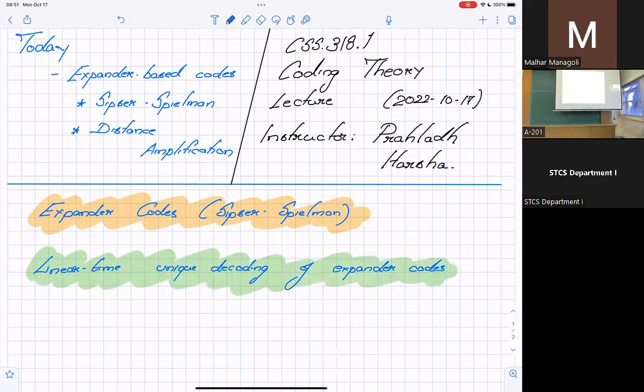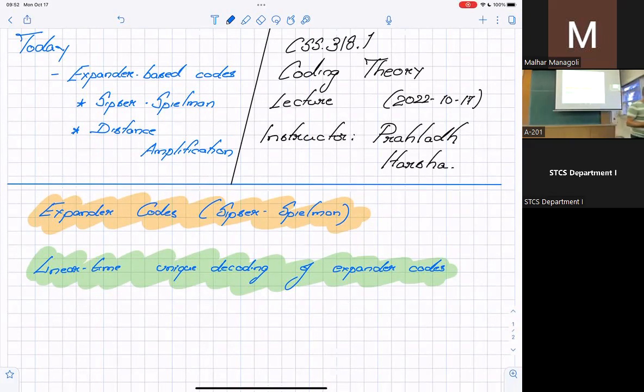While discussing expander codes, we talked about two types of expander codes. One was the expander codes based on unique expanders, expander graphs which have very good expansion. Sipser-Spielman had come up with this, but at the time of their result, there were no explicit constructions of such codes. So then we gave the expander codes based on just regular expanders, which did not necessarily have unique expansion, and showed how to build expander codes based on both these constructions. But the linear time decoding, we gave it for the expanders based on unique expansion. So we'll recall that, and we'll also show how the same thing can be extended to general expanders, the linear